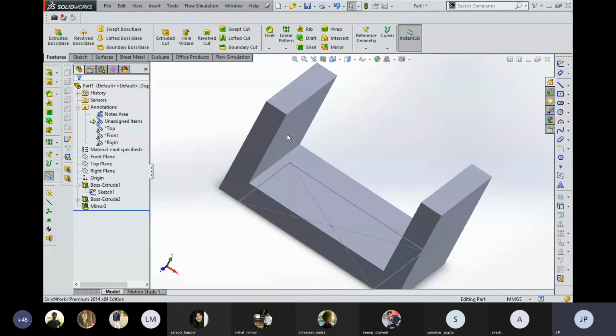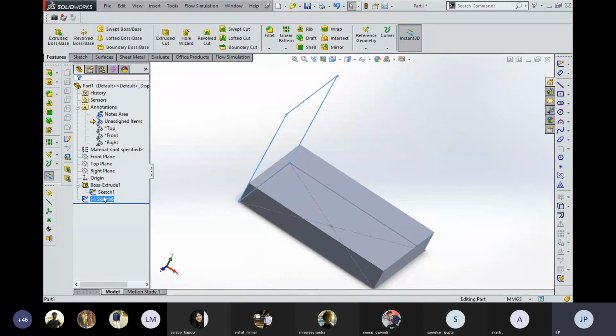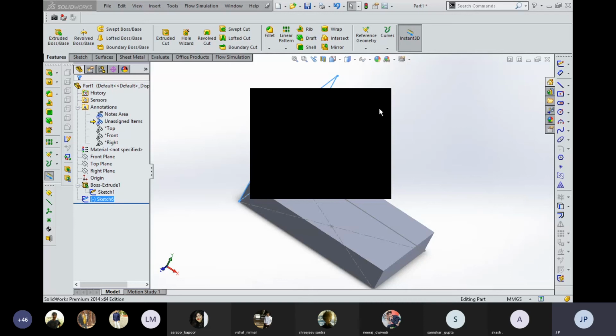Okay, the draft tool which is left over here, for that I am going to select this rectangular part, or going to delete both parts. Yes, delete this sketch also.